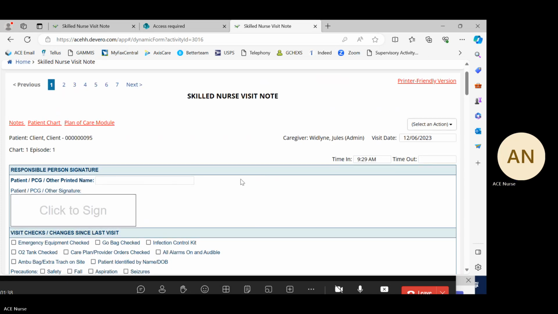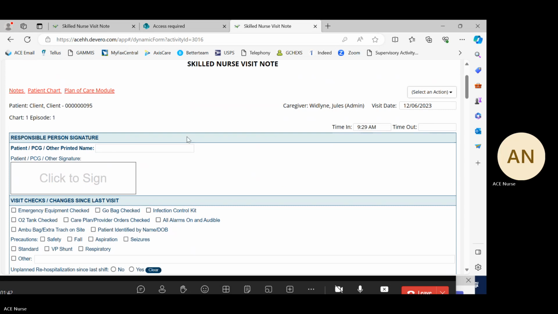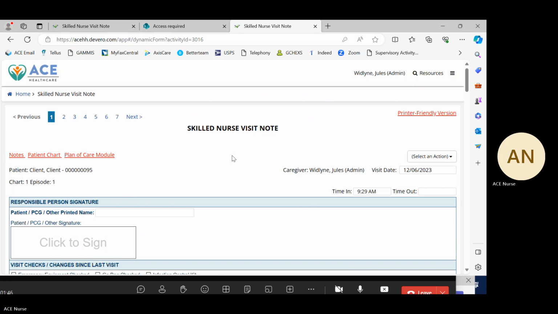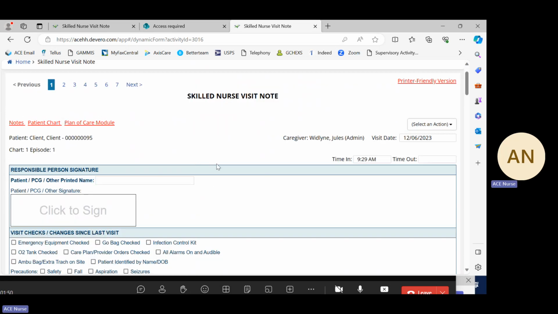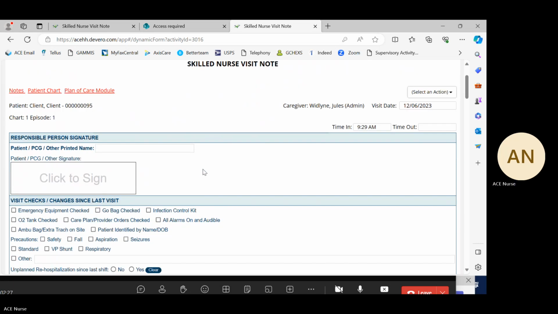Once you gather your clinical information and you are ready to start your skilled clinician documentation on Netsmart, starting from page 1, on the particular client, you document according to the clinical details for each client, because each client is different and each case is different. So starting from page 1,